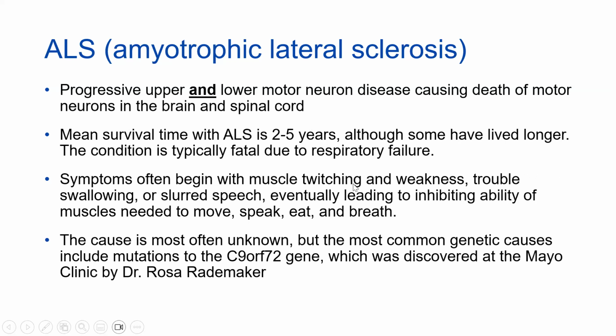Symptoms often begin with muscle twitching and weakness, trouble swallowing or slurred speech, and eventually lead to inhibiting the ability of muscles needed to move, speak, eat, and breathe. The cause is most often unknown, but there are common genetic causes, the most common being mutations to the C9orf72 gene, which actually was discovered here at Mayo Clinic, Jacksonville by Dr. Rosa Rademacher. And now to date, there are additional genes that have been implicated in